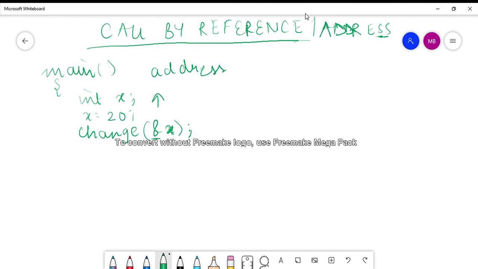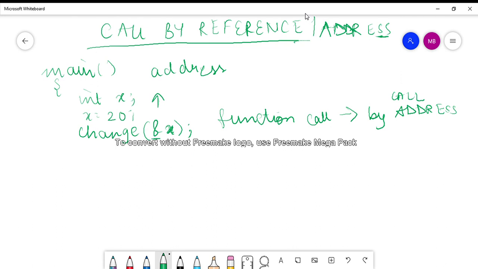So change ampersand x, this is the function call, right? This time this function call is called by address. I am passing the address of that variable where the value is stored. I am not directly passing the value of that variable.